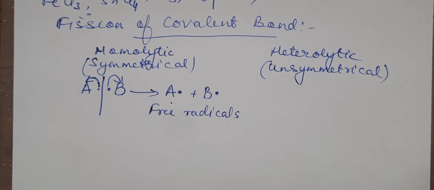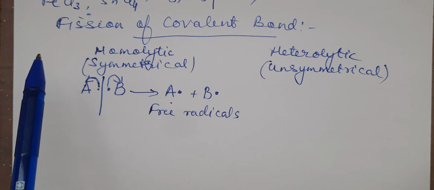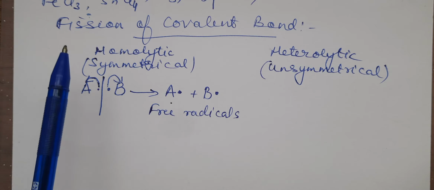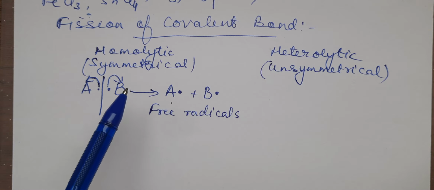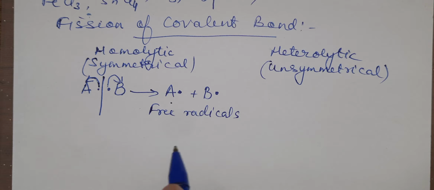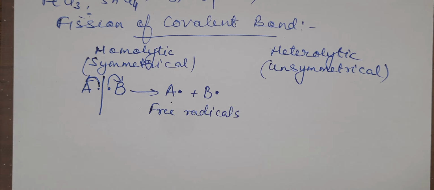Just now we mentioned free radicals. In the electrophiles, they definitely have one electron, which means they are not satisfied, and they will have a tendency to attract one more electron to acquire stability. So that is why we said these free radicals are electrophiles. So homolytic fission always results in the formation of free radicals.